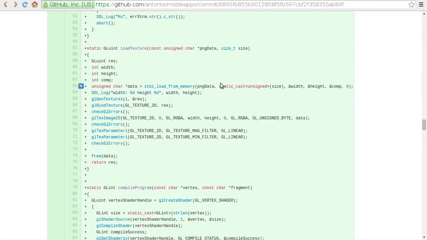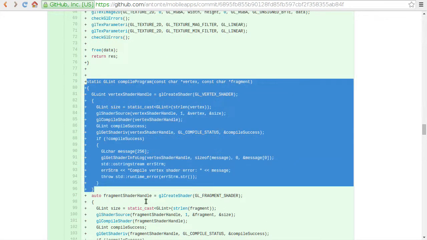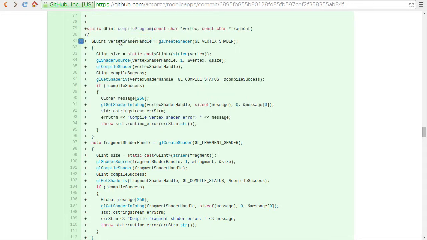Then load data from memory, raw data from memory to OpenGL engine. And set the scaling filter for scale up and scale down linear, and after this I can free pointer to raw data in memory. So there is a function for compiling programs, create shader, set the source to shader, it's a vertex which